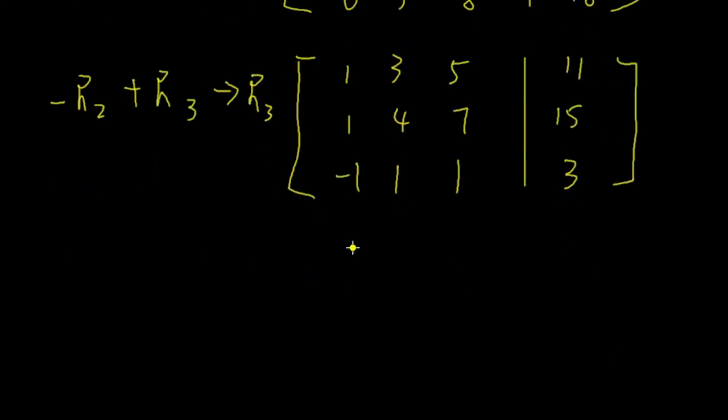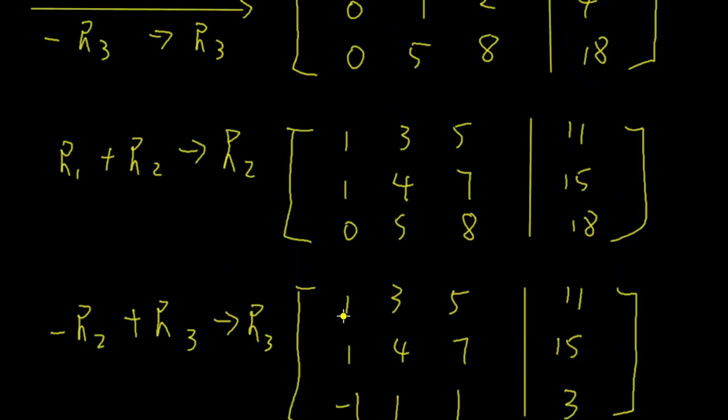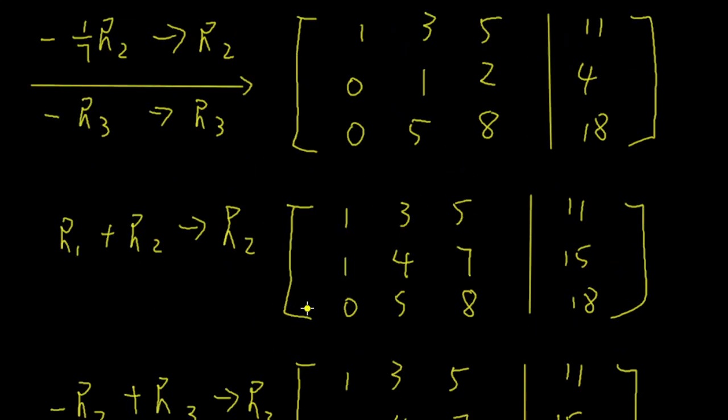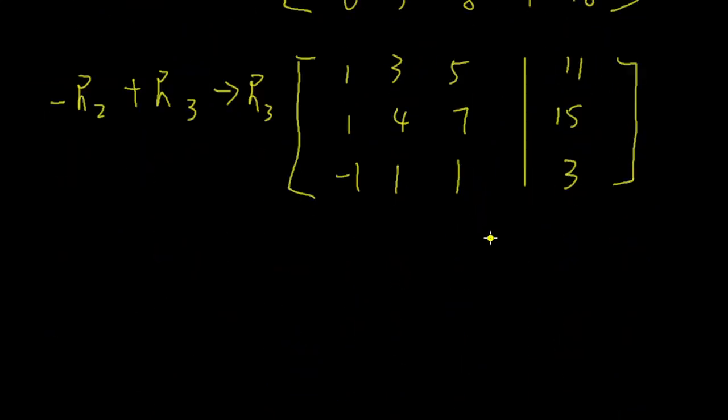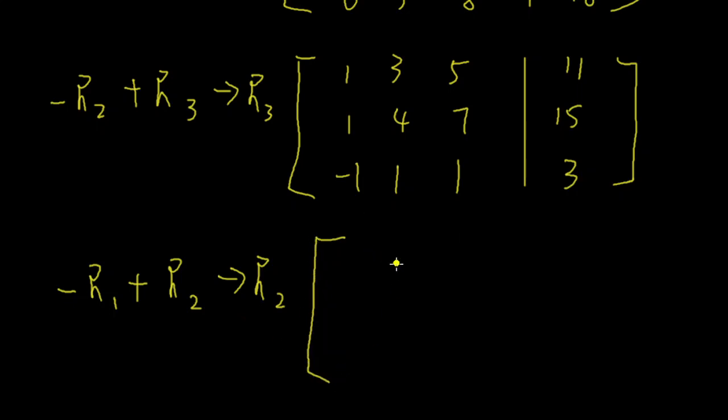Okay, right away what do I do? Okay, I just change it back. I will change row 2 back to this one, right? Because this one looks better for us. So to do that, I will just multiply row 1 by negative 1 and then add to row 2. Okay, so negative row 1 plus row 2 replace with row 2. Okay, let's see. Okay, so row 1 will not change.